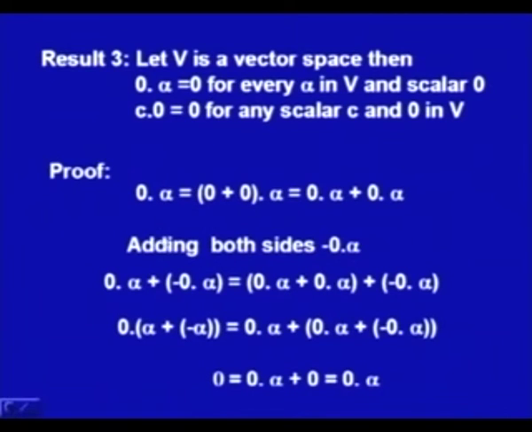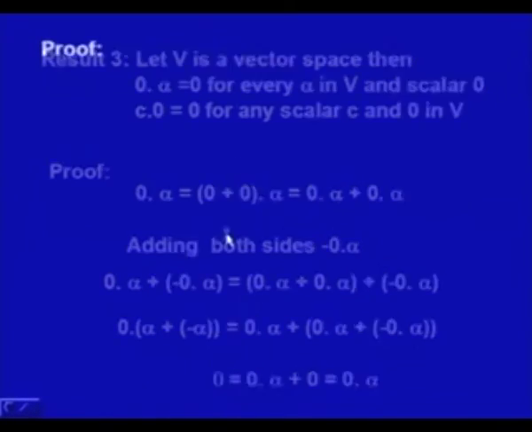Now, the left hand side is simplified as this, because 0 is a scalar which you can take outside. So, 0 multiplied by alpha plus minus alpha is equal to 0 alpha, and then I have the distributive property. So, I apply the distributive property here, and what I have is 0 on the left hand side, on the right hand side we will have 0 alpha. So, I have proved that 0 is equal to 0 alpha. So, the first part has been proved. This is true for any scalar 0 and any vector alpha.